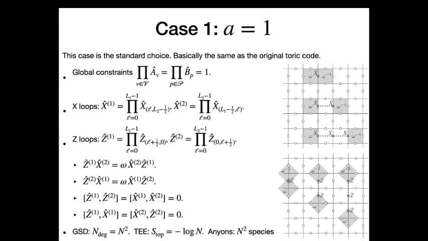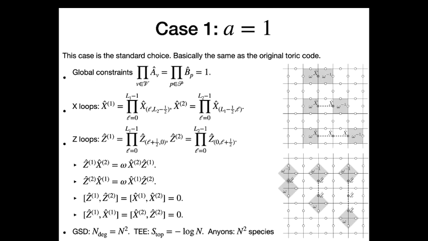And okay, as I said, the n equals 2 case is the standard toric code model. I can form an X loop operator and a Z loop operator, and their commutation relation is given by this. Instead of -1, I now have the phase omega. So this is really the generalization of the standard Z2 toric code model to the n-level spin. So the ground state degeneracy is n squared, and you have topological entanglement entropy, and you have n squared species of